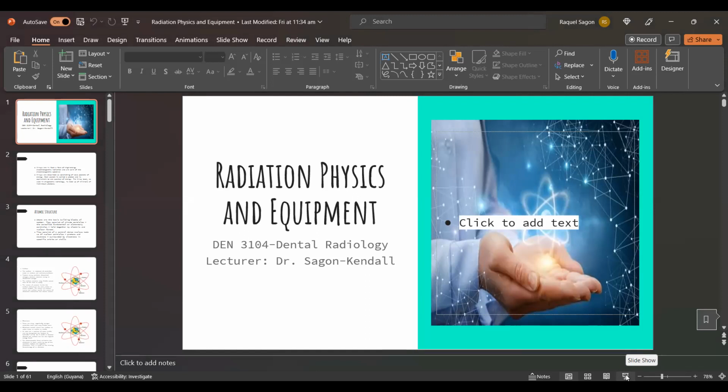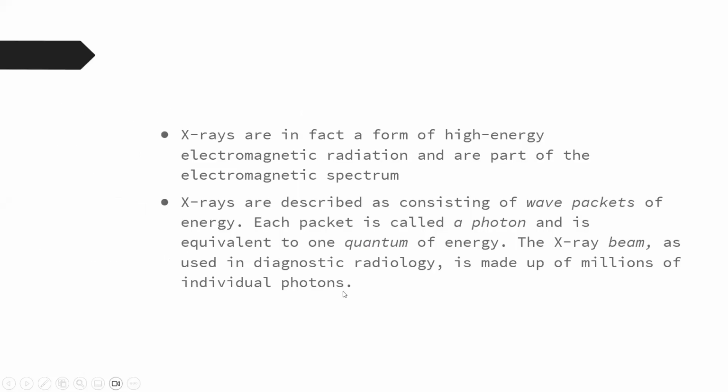All right, so radiation physics and equipment. You guys would have done some amount of chemistry in high school, right? So we'll briefly discuss the parts of the atom, which we look at in a few slides, right? X-rays are basically a form of high energy electromagnetic radiation and are a part of the electromagnetic spectrum,